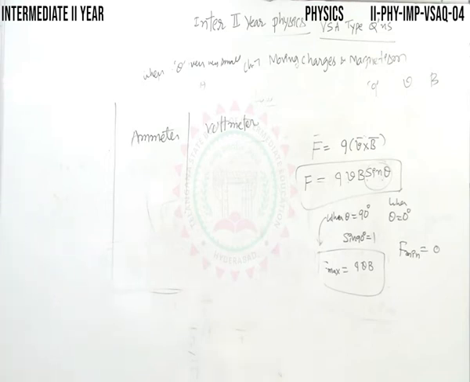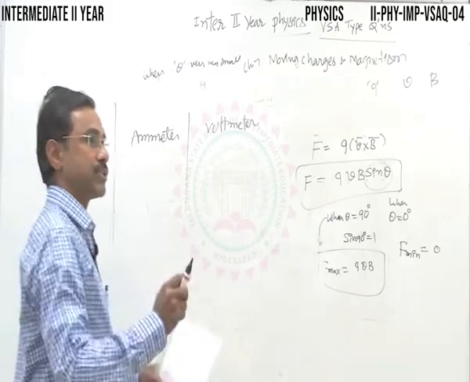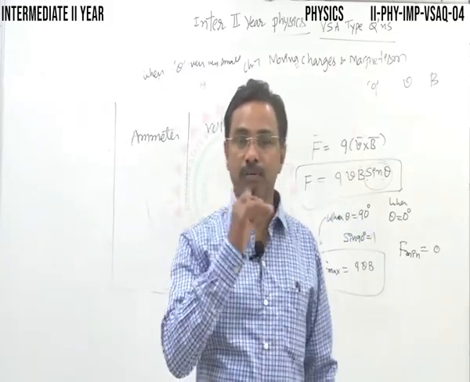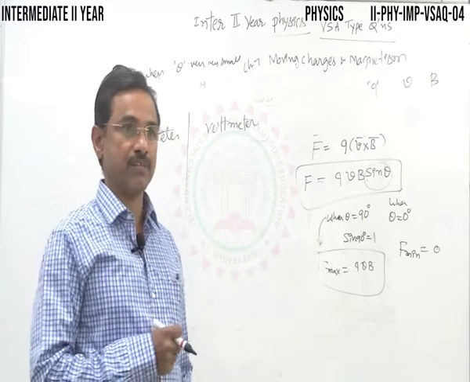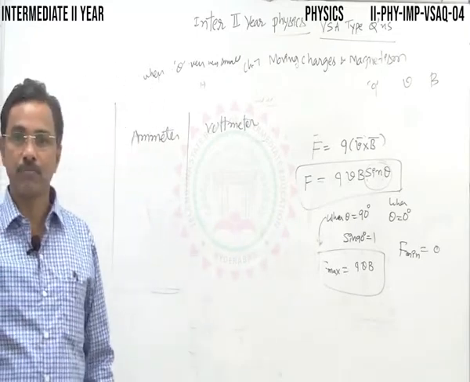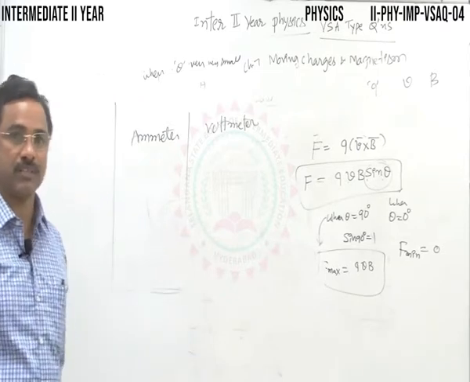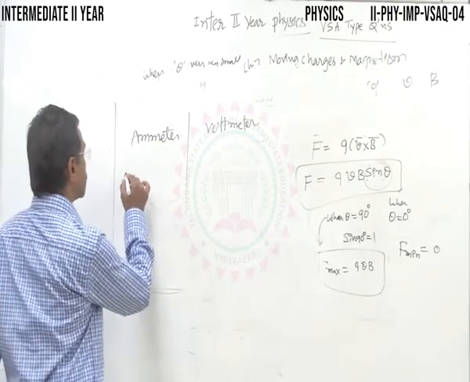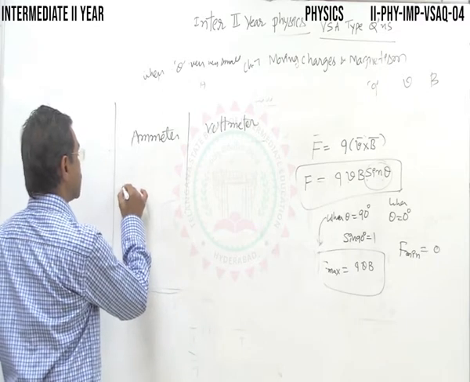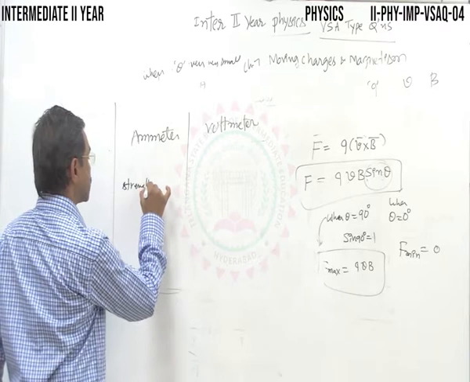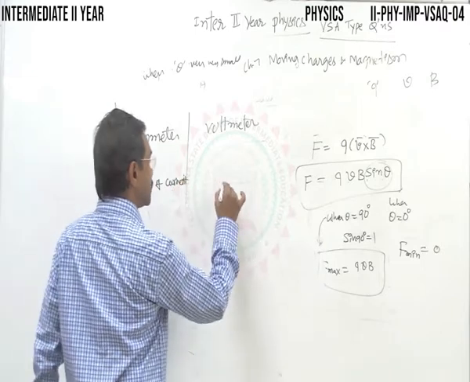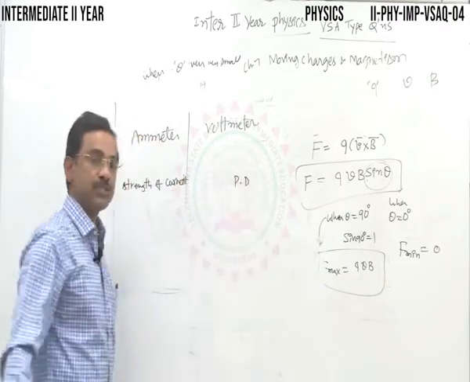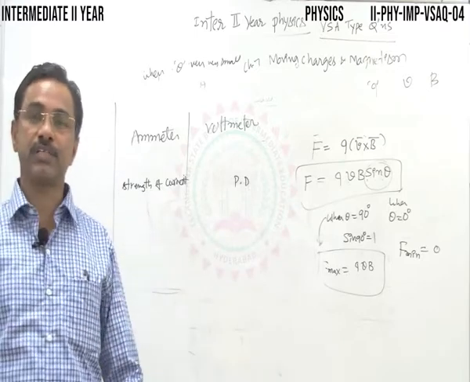As you are familiar, a moving coil galvanometer is converted into an ammeter and voltmeter by shunting, connecting a small resistance across the galvanometer. It will be converted into an ammeter. An ammeter is the device meant for measuring the strength of current. A voltmeter is the device meant for measuring the potential difference across any 2 points in a circuit, isn't it? So the ammeter is used to measure strength of current. Here the voltmeter is used to measure potential difference across any 2 points in the circuit, isn't it?